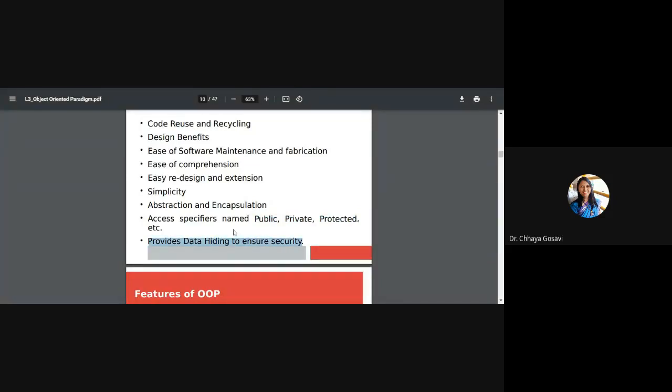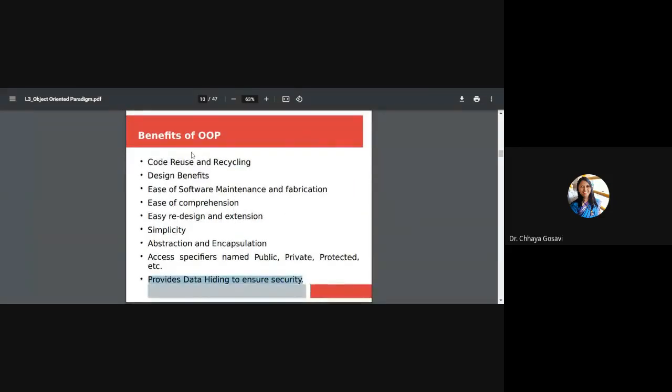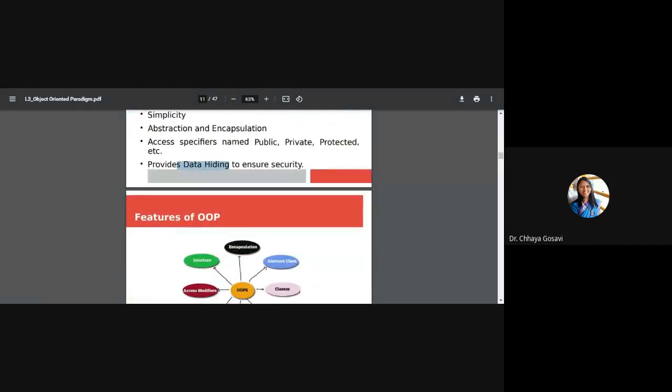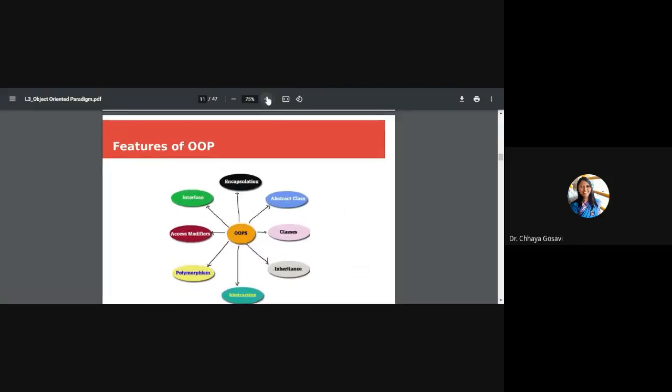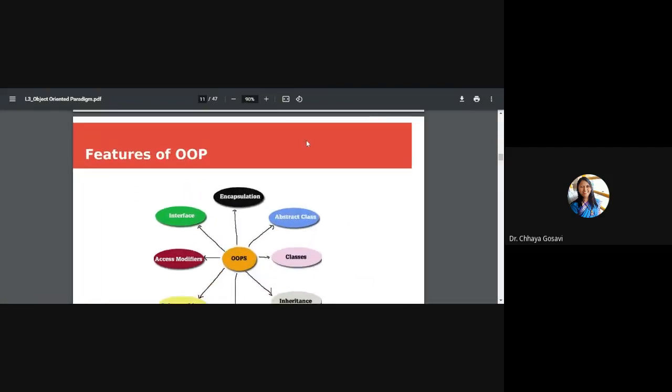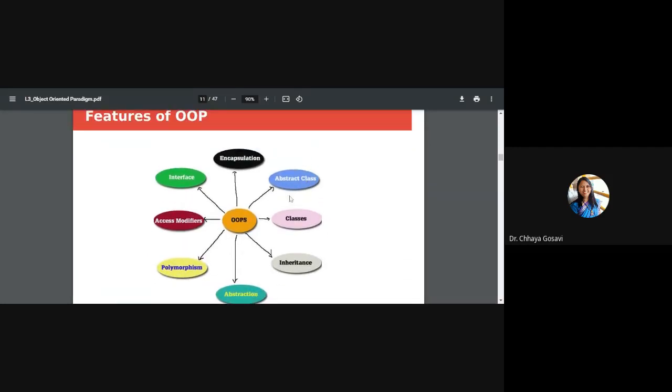This is a very important benefit of object oriented programming. It is a very secured programming language. Data is more secure than in procedural programming with the help of data hiding techniques. So we are going to explore these features of object oriented programming. I think it is visible.